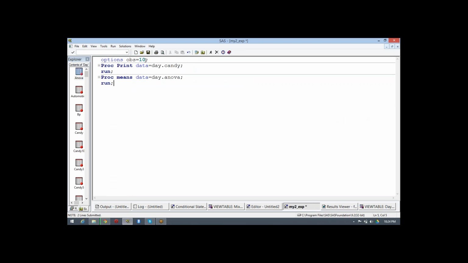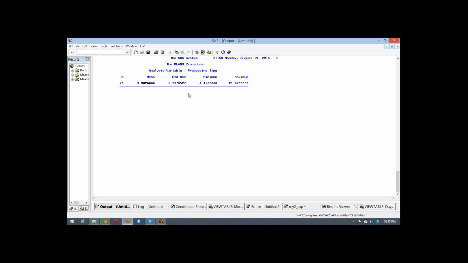Otherwise, if you're not declaring it globally, you can use the option over here also. If I say OBS equals 20, now this is working for 20 observations. The previous global statement is not working here; we have just overridden it.